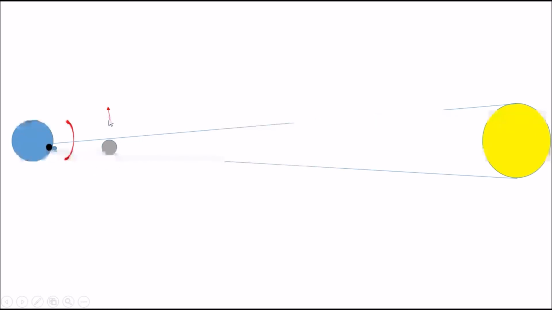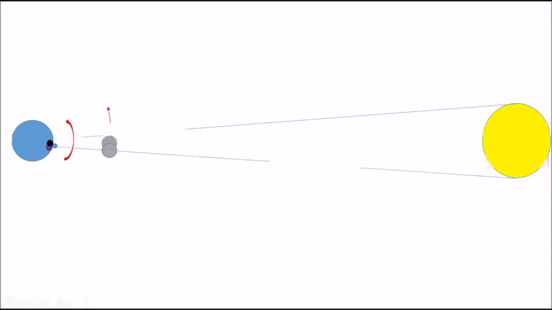So the Moon is actually moving quite quickly in this direction, but because the rotation of the Earth is only 24,000 miles around the equator, once every 24 hours, the Moon appears to travel from east to west in the sky in the same way as the Sun does, but the Moon is traveling in this direction. So we can move the Moon a little bit in this direction, and we rotate the Earth proportionally, then we create this situation. So the Moon has moved and the Earth has moved, and we still have a shadow,